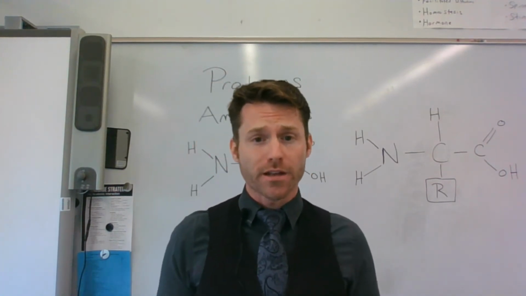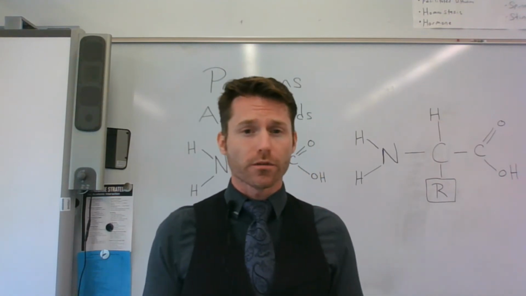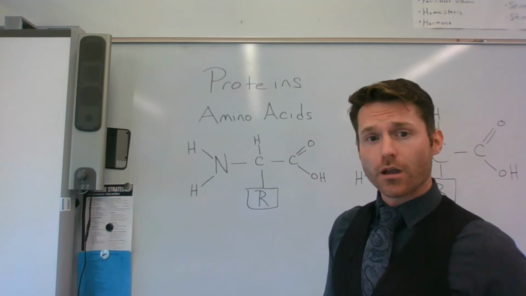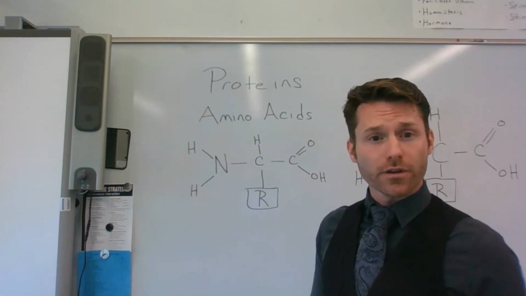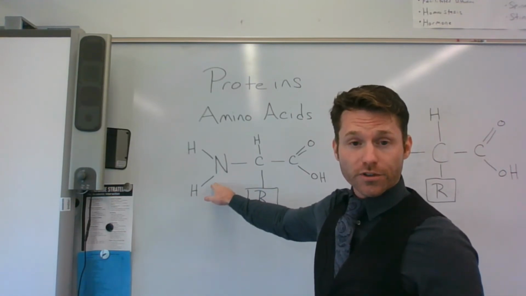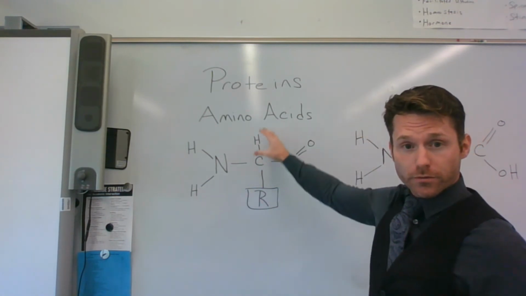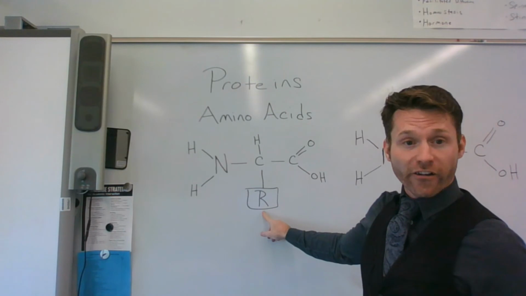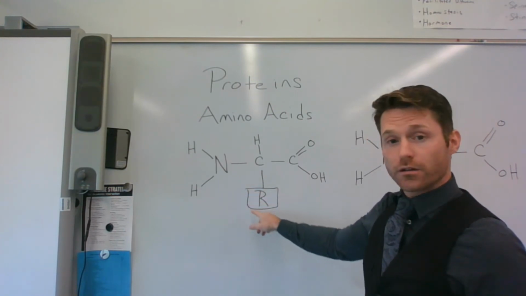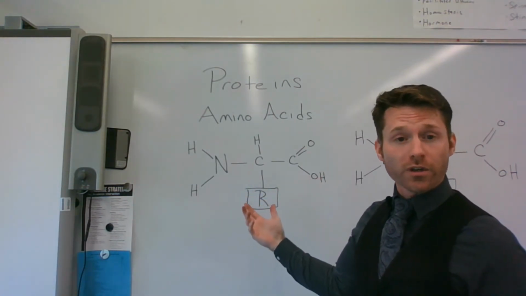On to our next macromolecule, which is proteins. The monomer of proteins are the amino acids, and the amino acids have 3 subgroups. I have the amino group, which has a nitrogen and 2 hydrogens. I have the functional group with this variable functional group here. And this area is what determines the qualities of any specific amino acid.